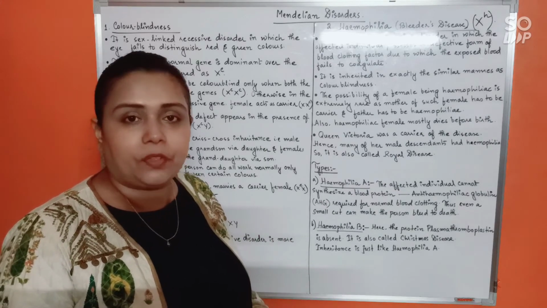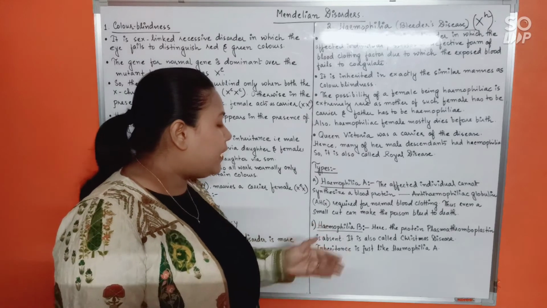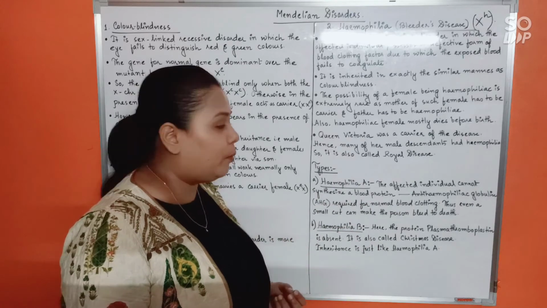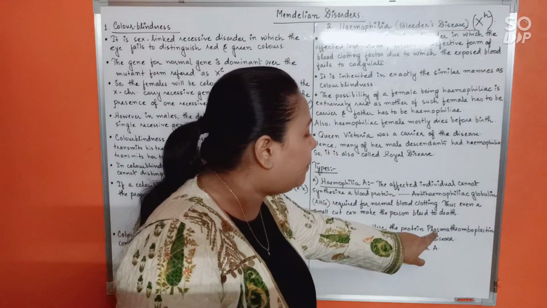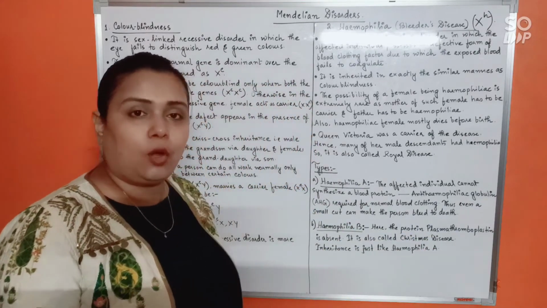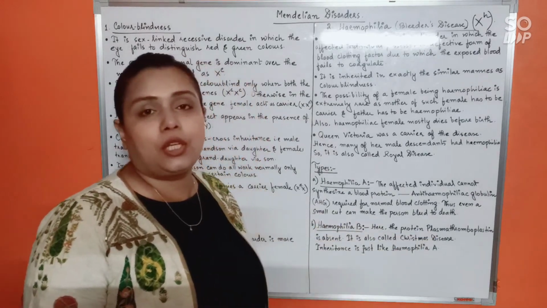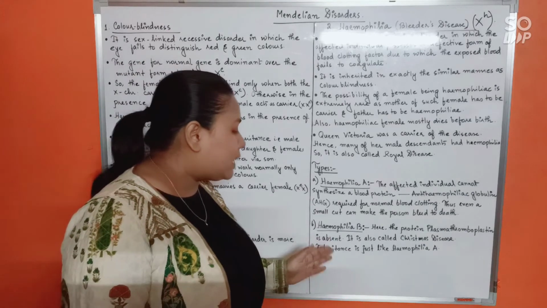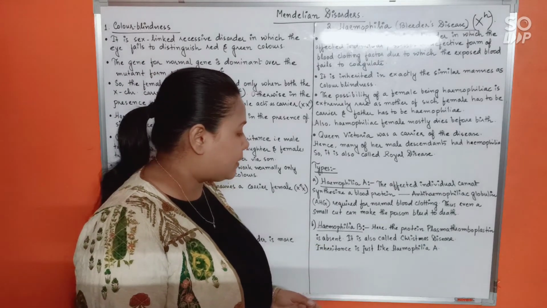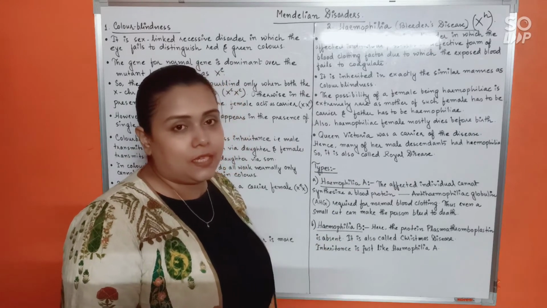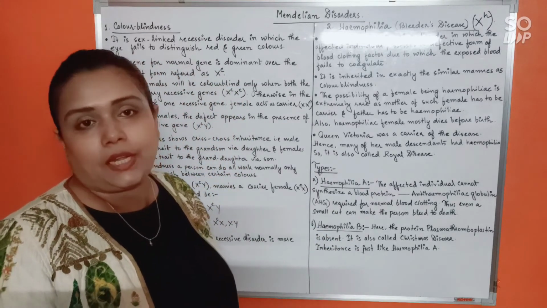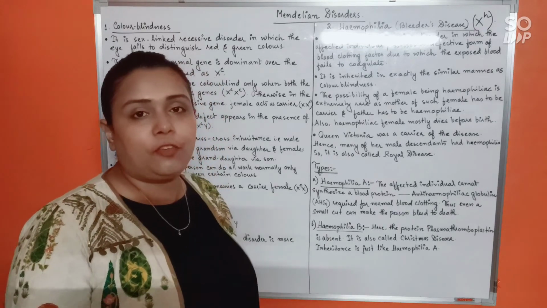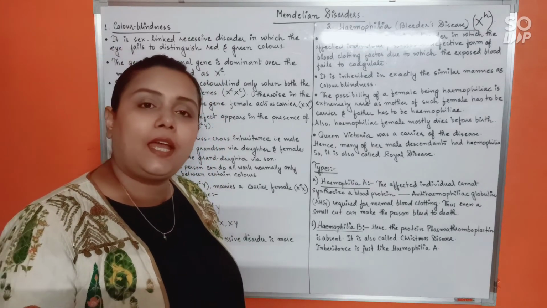Whereas in hemophilia B, the protein that would be missing or defective in the body of the individual is blood plasma thromboplastin protein. So this is another clotting factor that would be affected in case of hemophilia B, and that's why the person suffers from the disease. It is also called Christmas disease after the first person who was detected with hemophilia B. Now, inheritance of hemophilia B is exactly like hemophilia A.